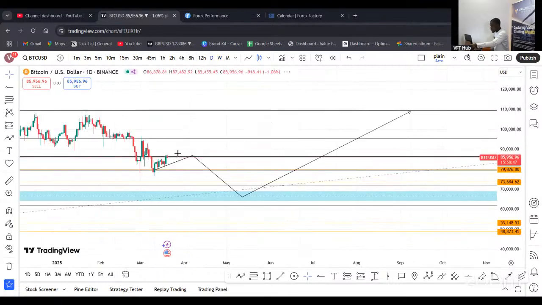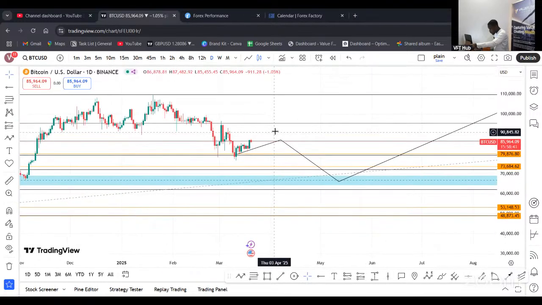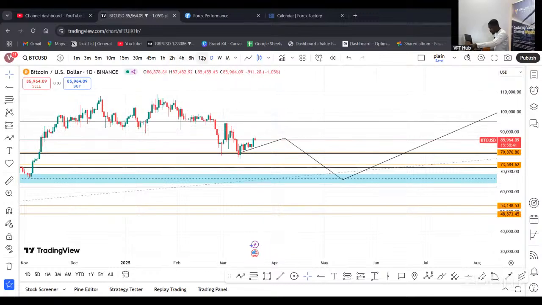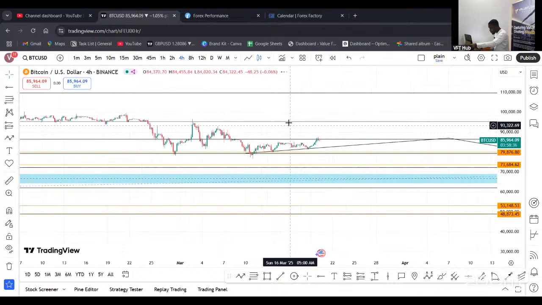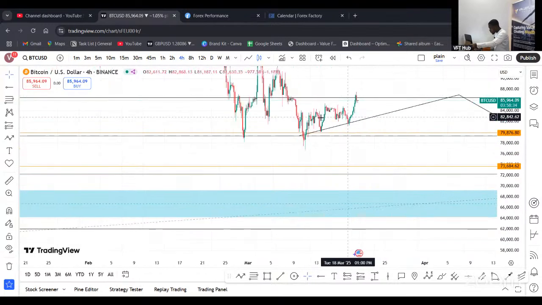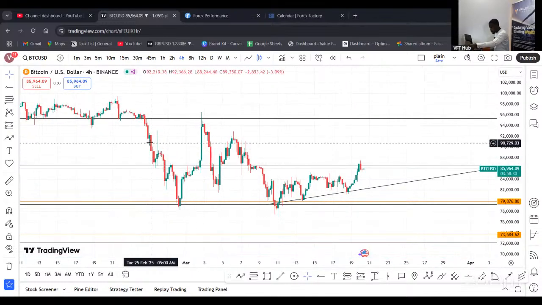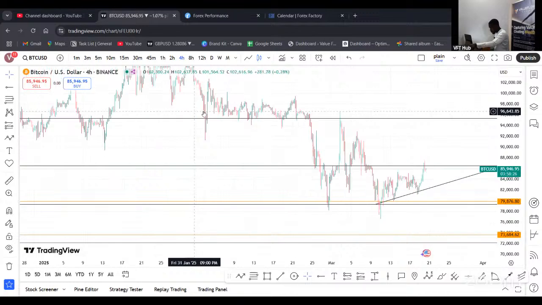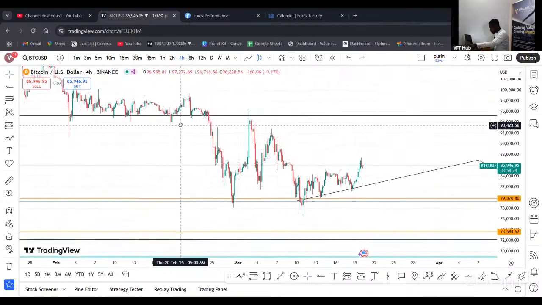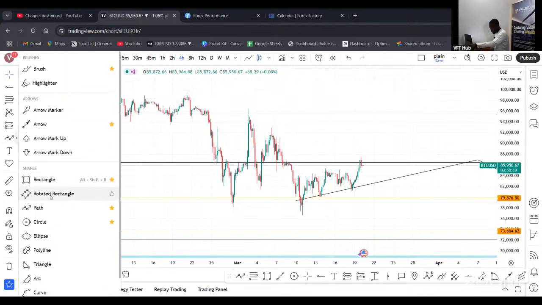Let me look at daily now. Okay, there's nothing like a box here. Let me search, trying to see if we're going to see something interesting here. Okay, nothing really interesting. It's just that I'm fearful for BTC because this looks very, very dicey. This one here